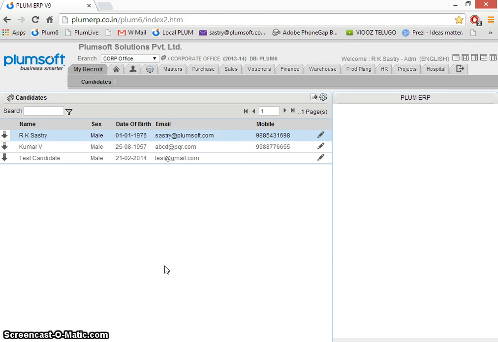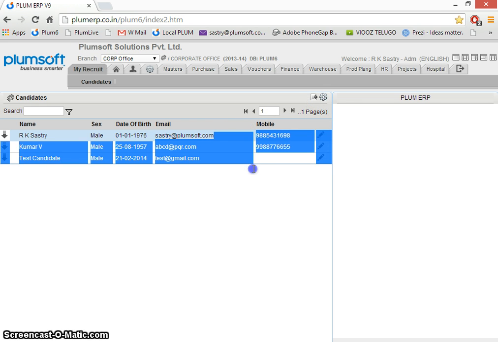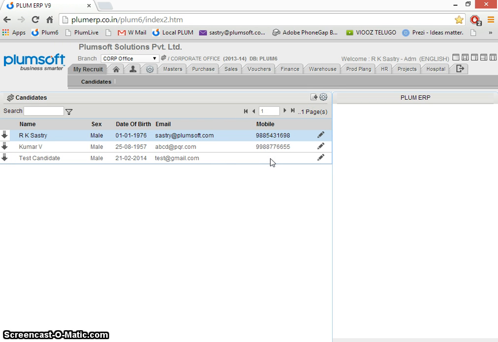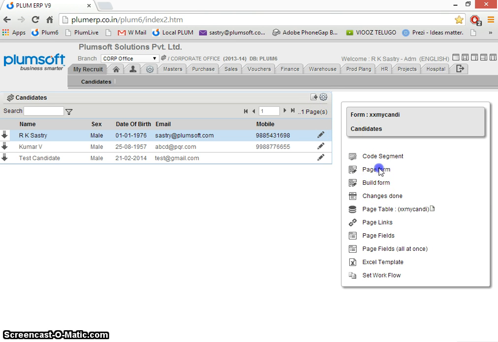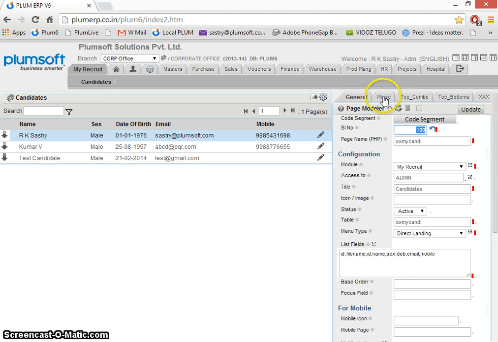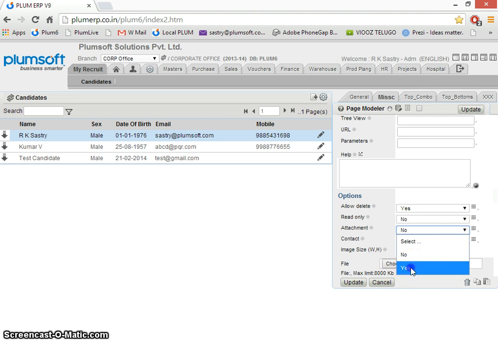Hello. Having created the form and object for candidates, let us see how we can refine this into various aspects. To start with, let us say after all it is a candidate and the user may wish to append some of his attachments, maybe resume and things like that. This form does not have the attachments. So, how do we give an attachment? Just go to the form and tell please give me attachment.